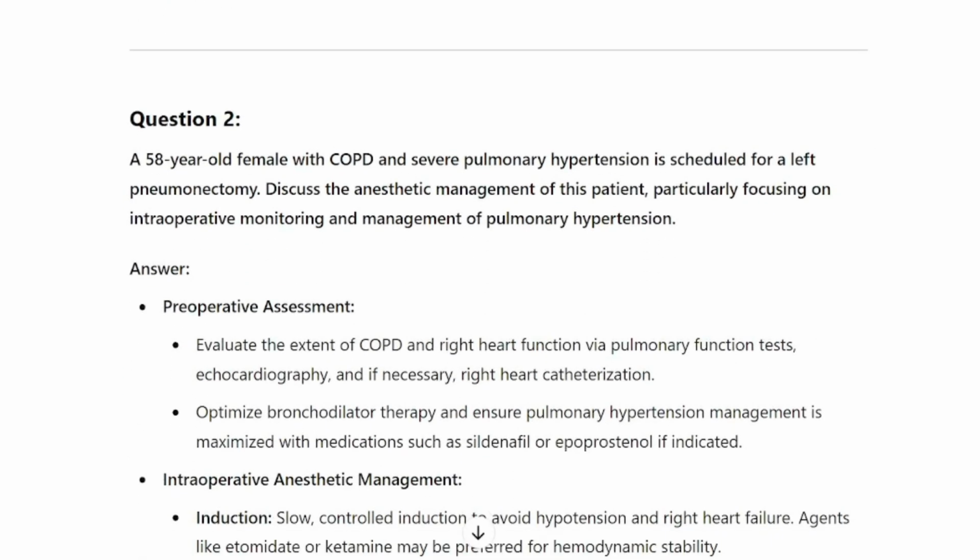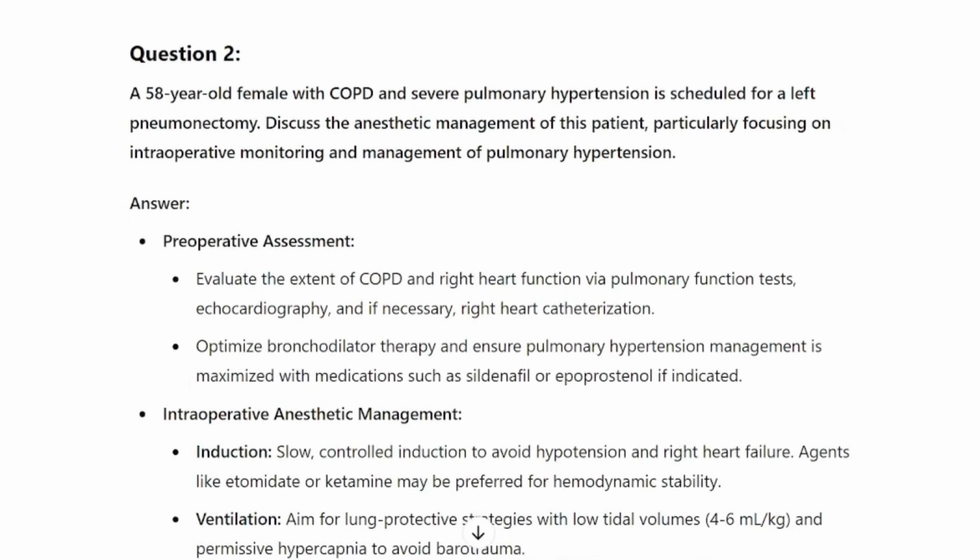Question 2. A 58-year-old female with COPD and severe pulmonary hypertension is scheduled for a left pneumonectomy. Discuss the anesthetic management of this patient, particularly focusing on intraoperative monitoring and management of pulmonary hypertension. Answer: preoperative assessment. Evaluate the extent of COPD and right heart function via pulmonary function tests, echocardiography, and if necessary, right heart catheterization. Optimize bronchodilator therapy and ensure pulmonary hypertension management is maximized with medications such as sildenafil or epoprostenol